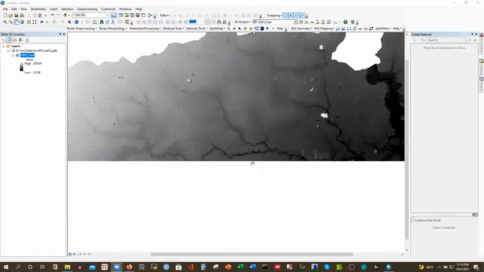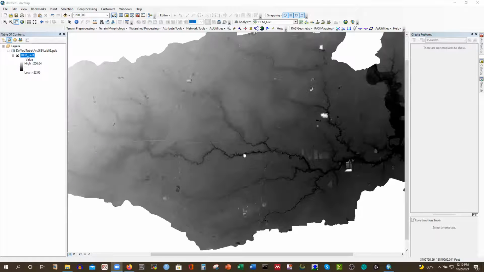So how can I do that? At first, we have to convert it. If you don't have any GIS software, you can even download it. I have already mentioned that in my previous videos. You can download it for free and you can install that cracked version as well. So I already demonstrated how to install